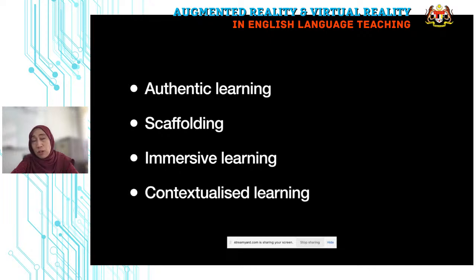For example, if we talk about having the students immersed in a country, like with virtual reality, where they have to virtually have a tour in Japan, it is something that is authentic. It is not something that we have to create in our classroom. Even though we can do that, definitely it is another approach of providing authentic experience to our learners. And there is some sort of scaffolding element in using augmented reality and virtual reality. Maybe if I show you an example after this, you can see how a lesson can be scaffolded when it comes to integrating these two technologies.